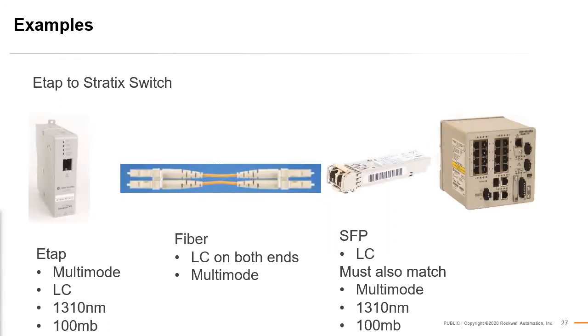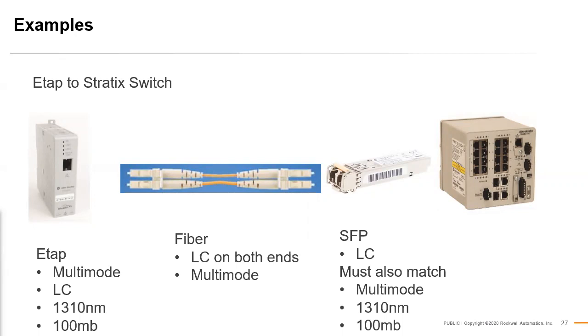So this is an example. Again, it's connecting from an ETAP to a static switch. The ETAP has a built-in SFP, so it is now dictating that we're going to use multimode. It's going to dictate that the patch cable needs to have an LC connection on it, because that's the connector on the ETAP. It's going to dictate the light because it uses 1310, and then it also is going to dictate the speed